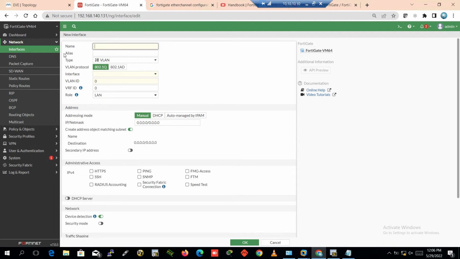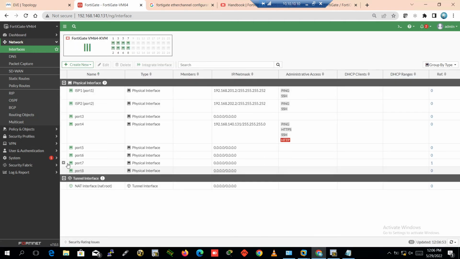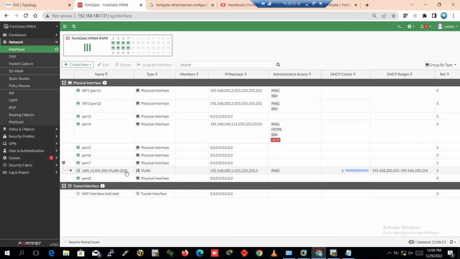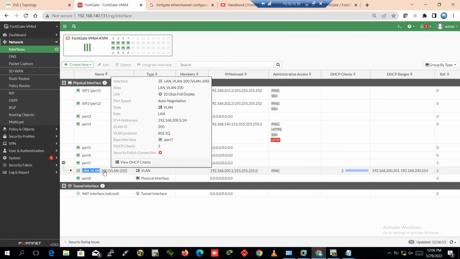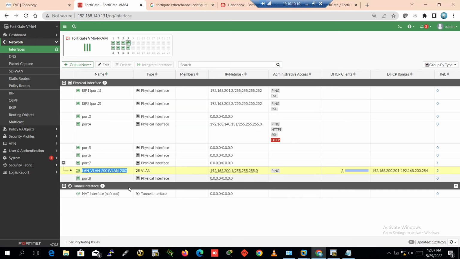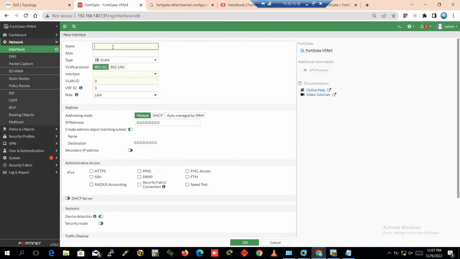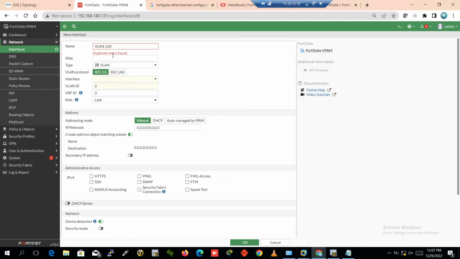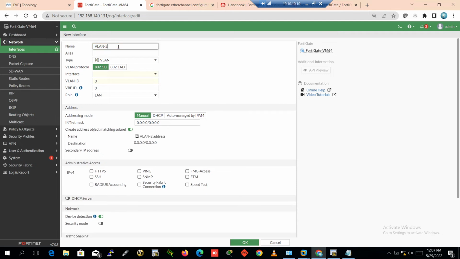Let's check the identical name I configured earlier. It's VLAN 200, this one. Copy. VLAN 200. This time 220. And this one also 220,